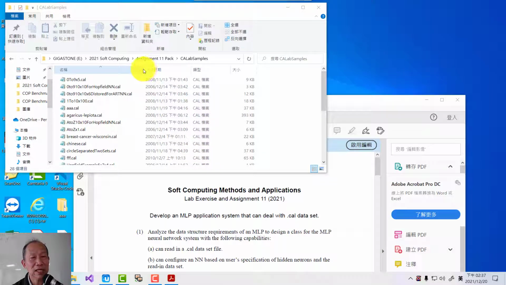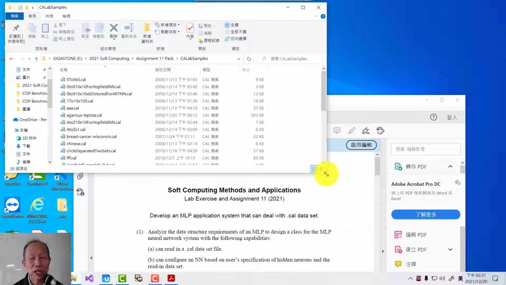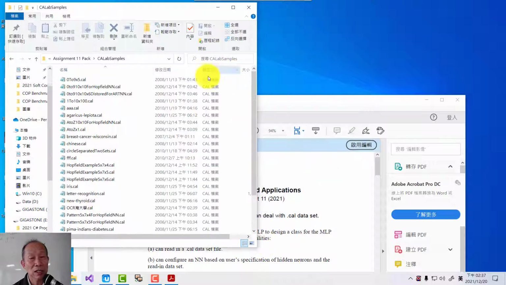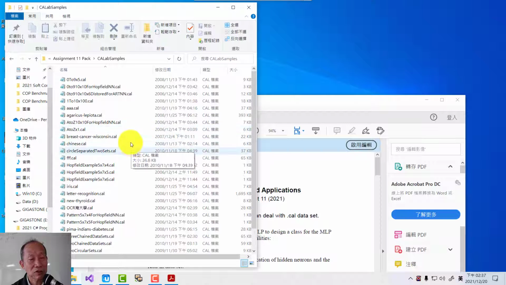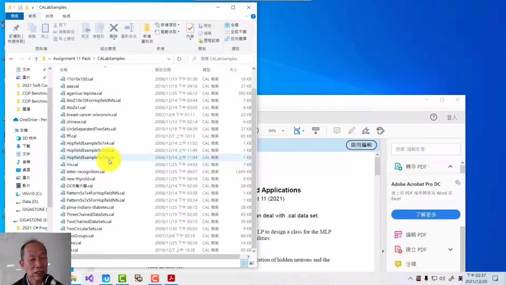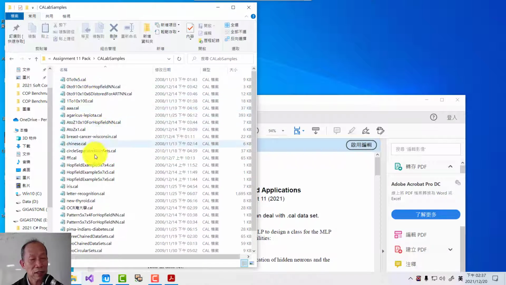Basically, these data sets are small, not large. The inputs are usually real numbers, continuous data, not an image or a file. So once you finish your MLP application, you should try these data sets. The first one is a breast cancer data set. It's a famous data set